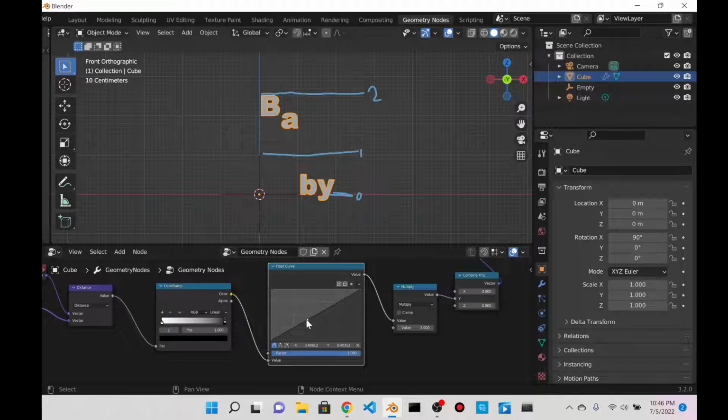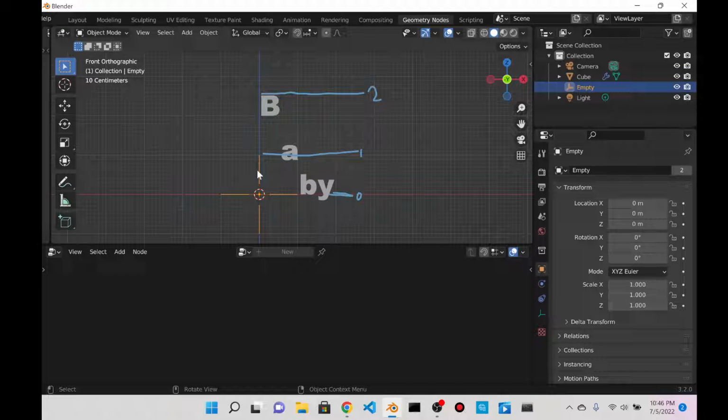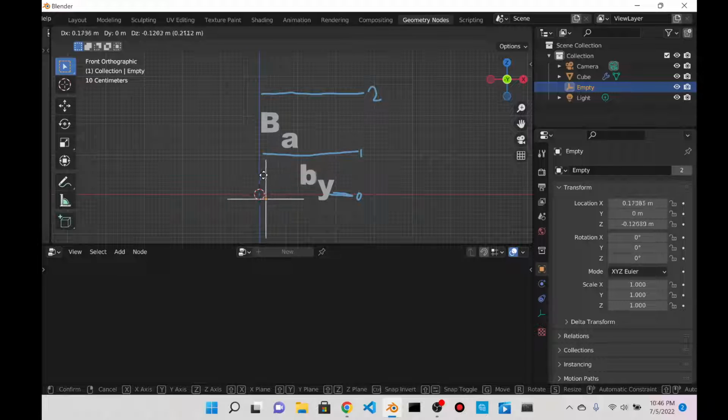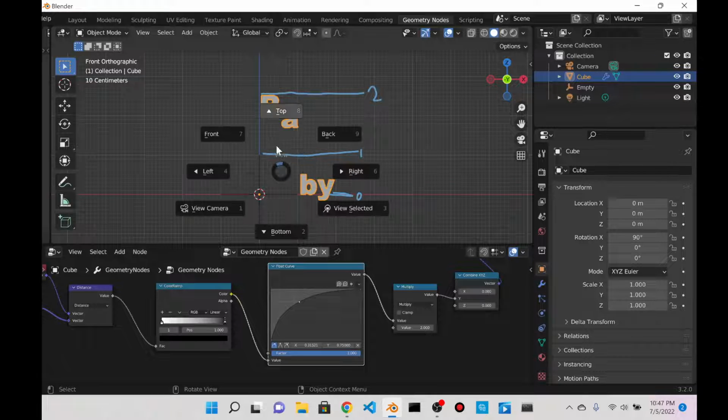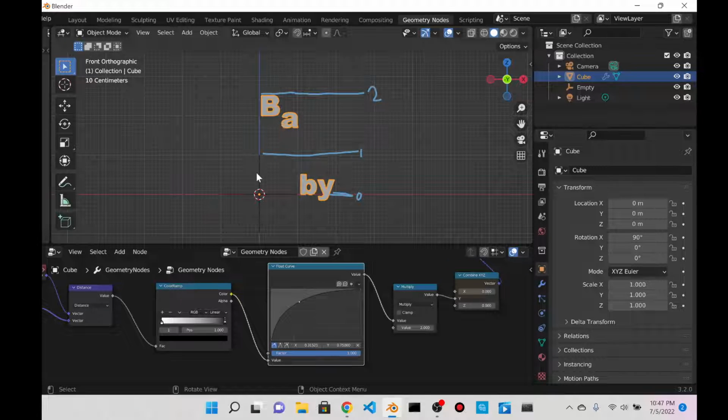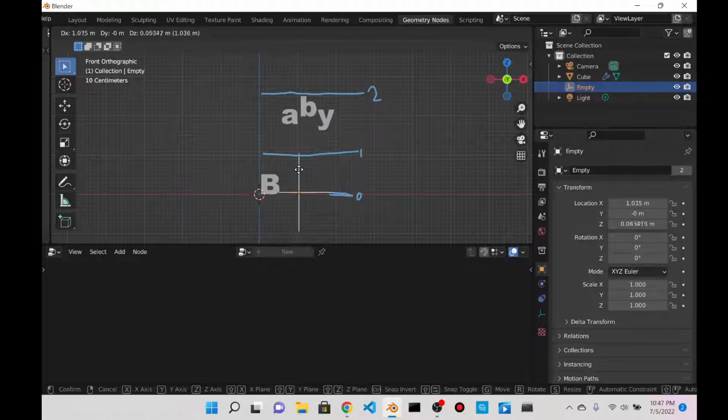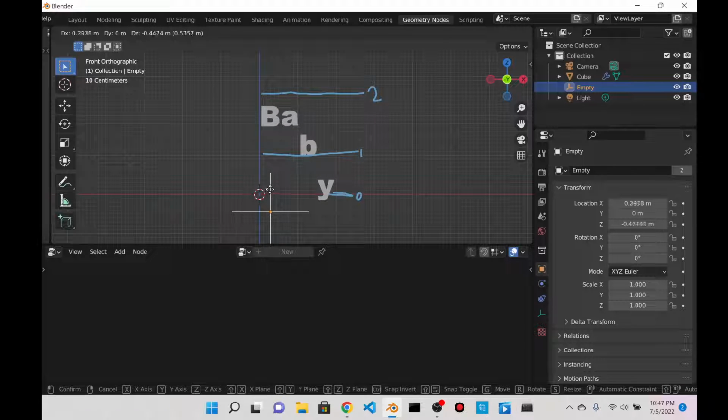So if I go back to it being linear, and I move my empty here, notice the B, he said the same thing, the B is very linear, so it's only going up and down, up and down. But if I move the interpolation a little bit curvier, now I'll notice that if I move the axes, it goes more